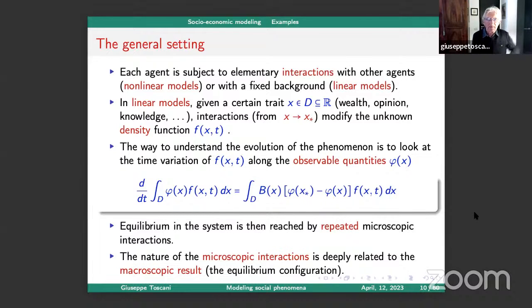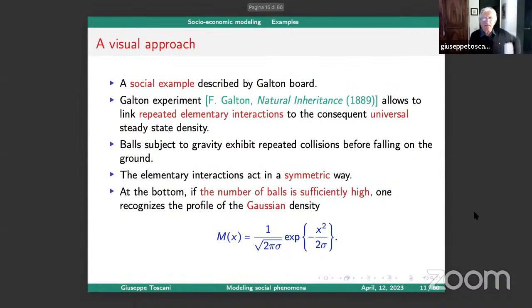This more or less is it: I start from the original picture of the Boltzmann equation, I move to some other relaxation problem, and I use more or less the ideas from kinetic theory to build up what I want. There is an interesting example, which is really interesting, since it is something very well known. If you go on the web, you also find reproductions of what happens in the Galton board. It is an experiment